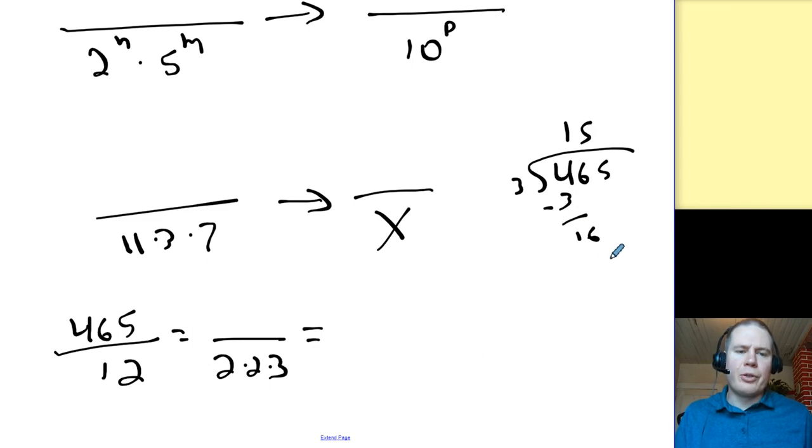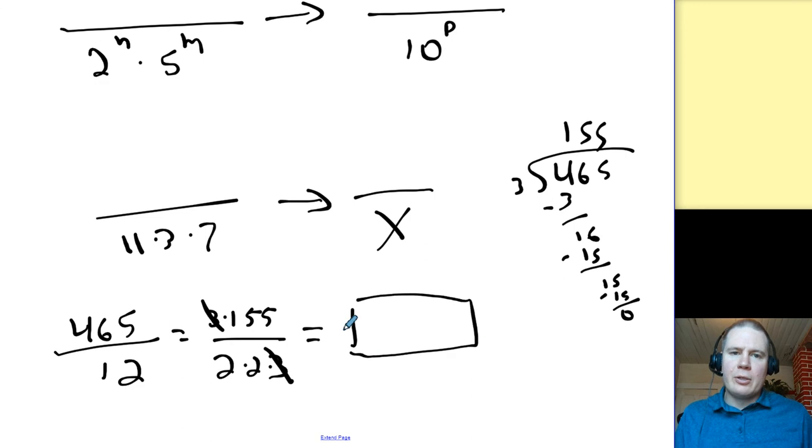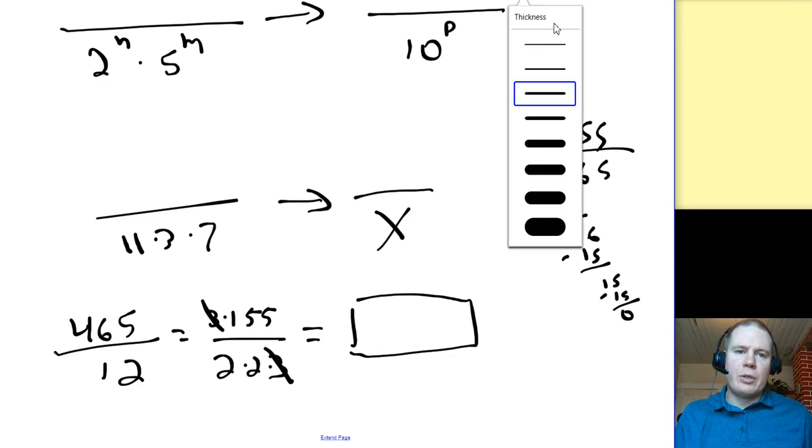Oh, we already did this, 155, right? So 465 is 3 times 155. The 3s cancel. So now I do only have 2s left there. So 465 divided by 12 will be a finite decimal. And if I just do that quick,